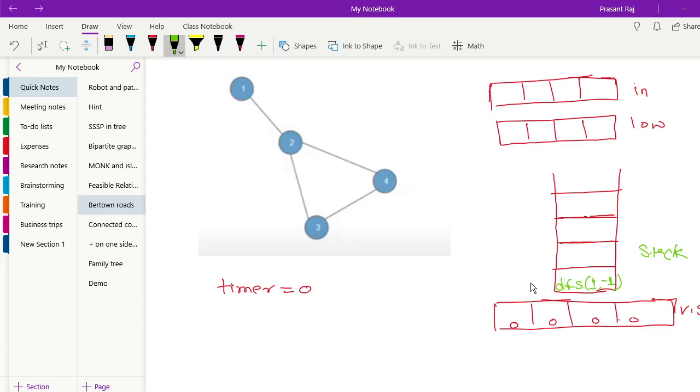Now after that, what will it do? We will visit that node first. So visited of 1 will be changed from 0 to 1. The visited array is initialized with 0 everywhere. Whenever we visit, we put value 1 there. We will put the in time and low time equal to the timer, and we will increment the timer to 1. After that, we are going to traverse the